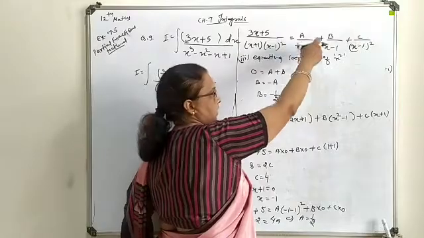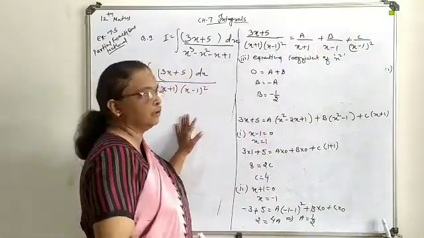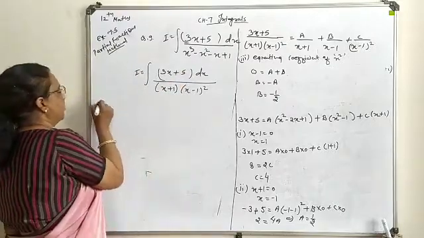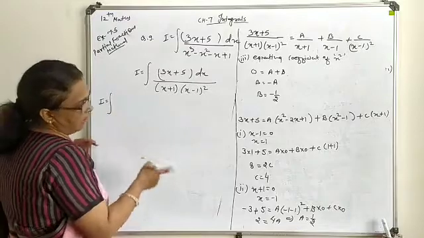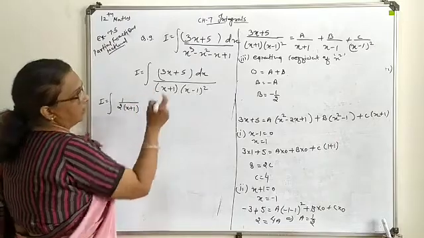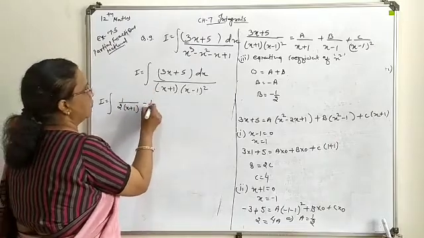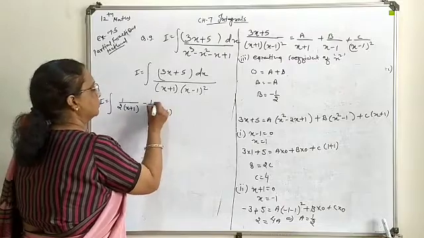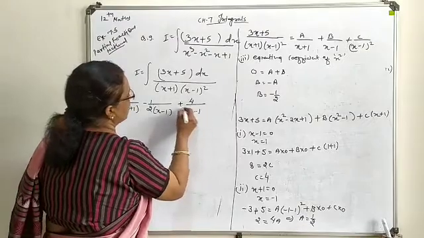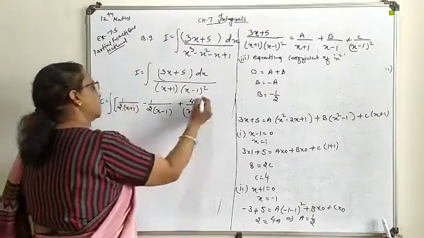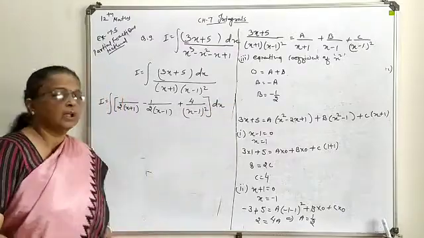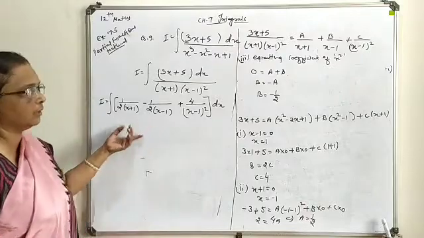Substituted over here this A, B and C, we can proceed for further integration. So here after substitution of all three constants, your question will be turned into A means 1 upon 2 into x plus 1. Next is B means minus half, x minus 1. And the third one C we have evaluated as 4. So this is 4 upon x minus 1 whole square. So this way these three terms are going to be separated out for further integration. All terms are available for integration directly. So now we will proceed about the integration.